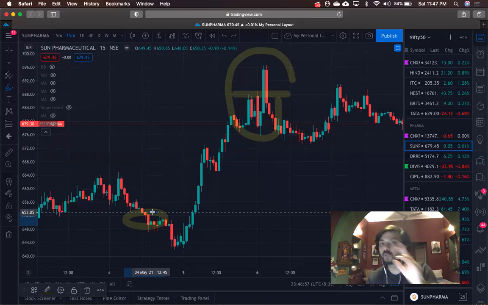Number three, if you are doing a BTST trade, you need to exit in the morning first 1 hour. Don't keep sitting in a trade. If the trade's giving you 2% in the morning, don't keep sitting waiting for 10%. That's not going to happen every single day. Number four, if you are getting a big movement in the first 1-2 hours,